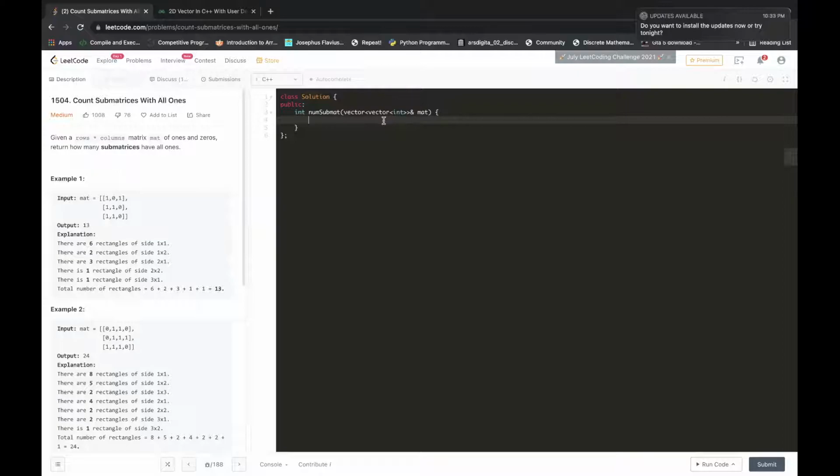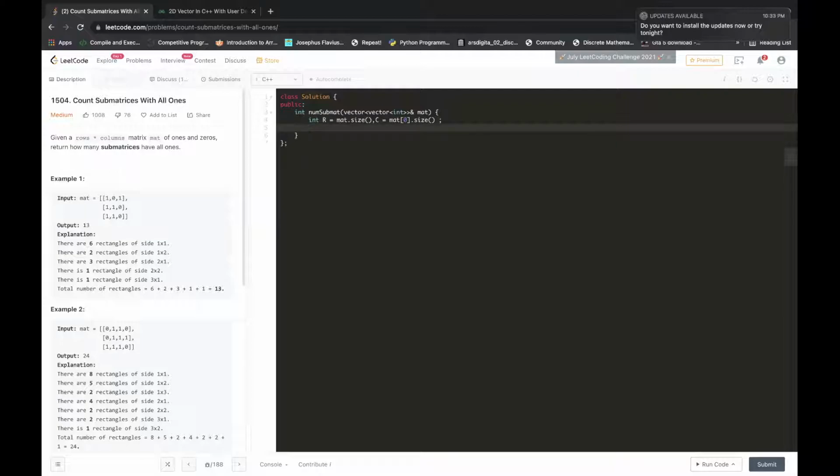What we have been given is a matrix. First, I will calculate the row and column of the matrix. So row will be matrix dot size, as it's a vector, and column will be matrix of 0 dot size, right?